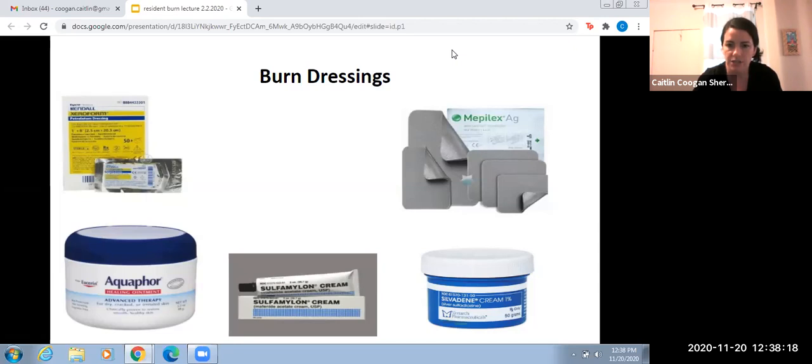And then Mepilex AG is a great product we use all the time. It's silver impregnated foam, and that is also bacteriostatic, not bactericidal. Whereas Silvadene will penetrate deep into the wound and is like an antibiotic cream. The Mepilex AG just sits on top. But it is great for superficial partial thickness burns, even deep partial thickness burns. And this is great for kids because it can stay in place for 5 to 7 days, and it sucks out some of the